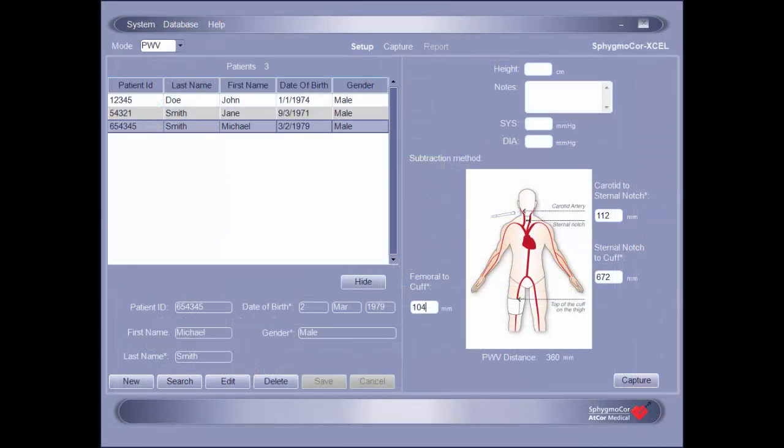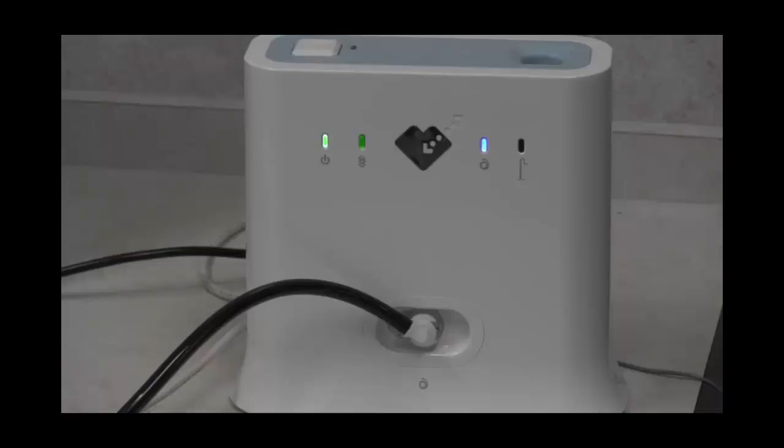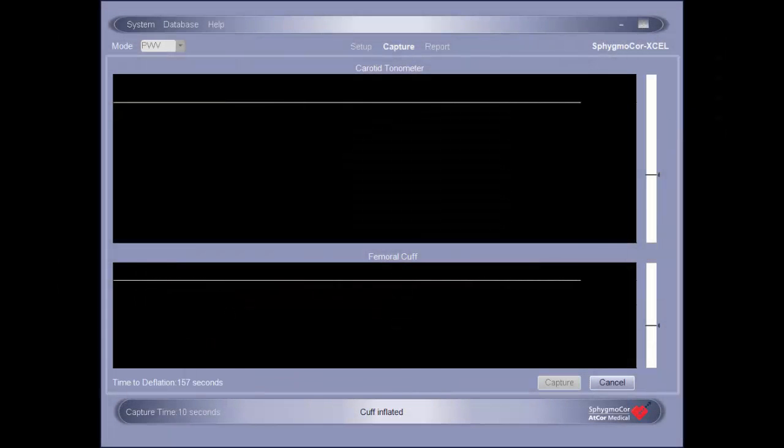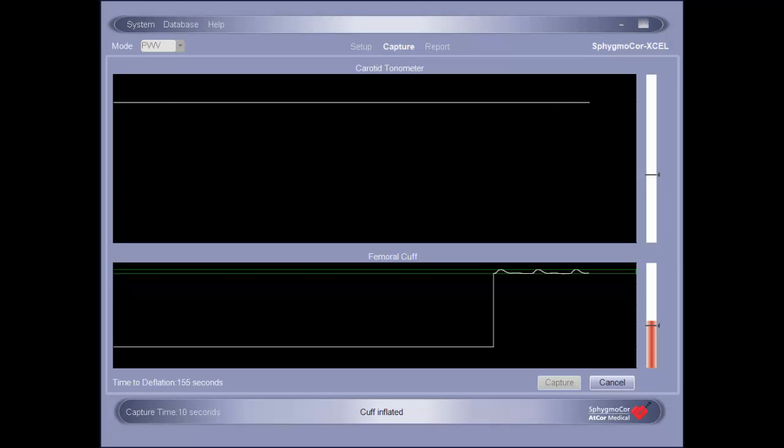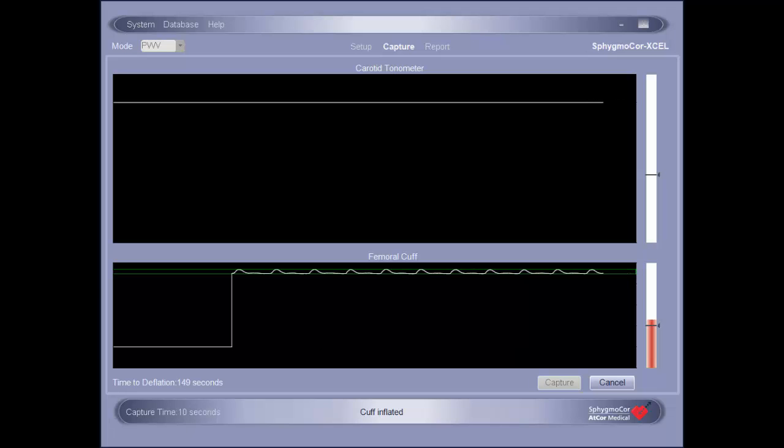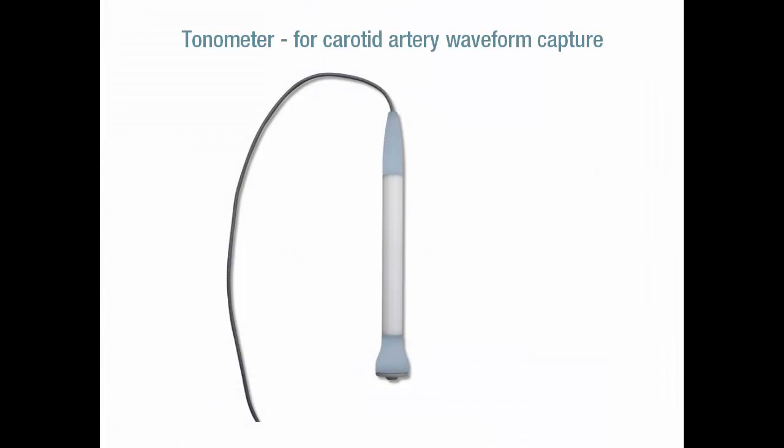Once the capture button has been pressed, there will be an audible click as the pump turns on and begins inflating the cuff. At the same time, the software will transition to the capture screen. When the pressure in the thigh cuff reaches the desired level, it will discontinue inflating and start acquiring the waveforms in the femoral artery. The tonometer is used to acquire the carotid pressure waveforms by a technique known as applanation